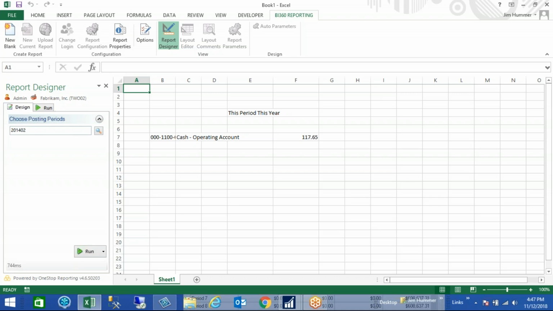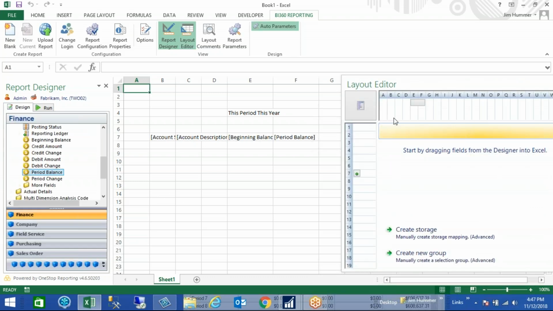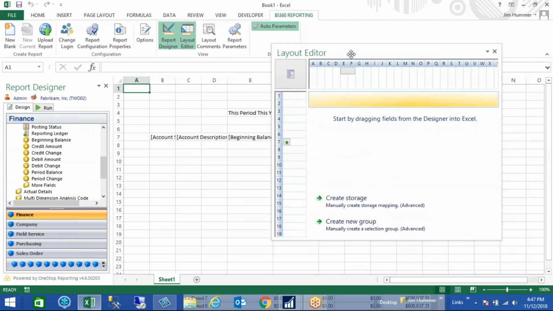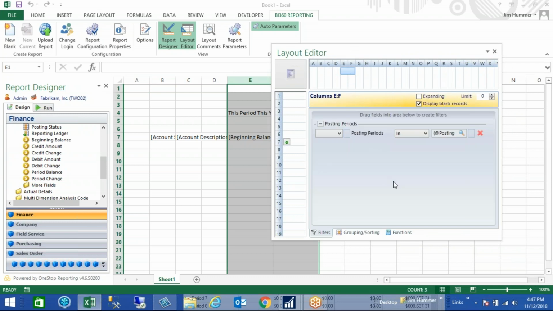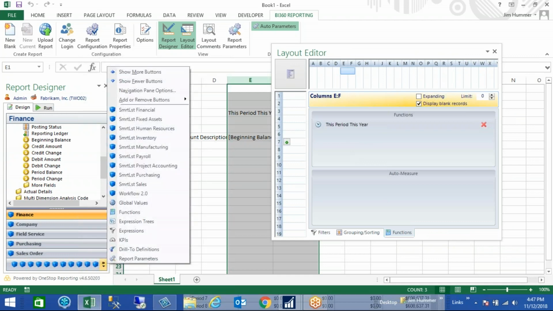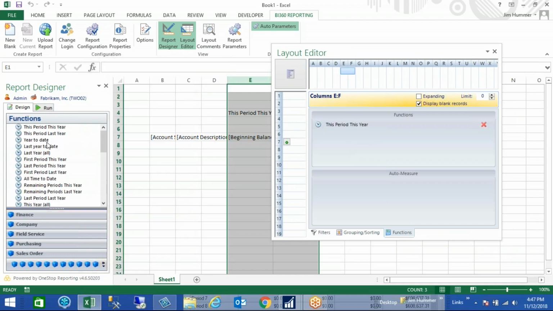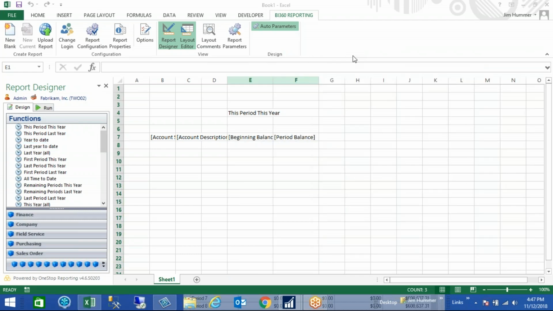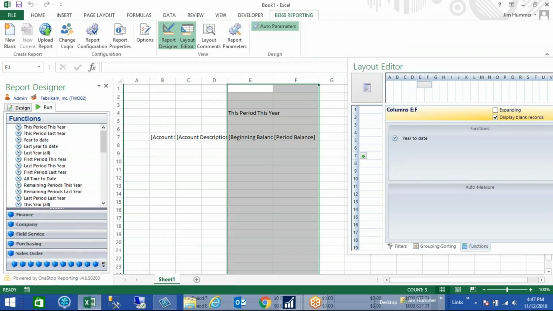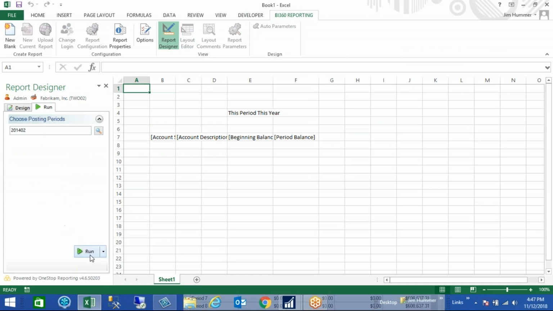So how do I get my ending balance? So what you need to do is, if you go into your columns, you can see the functions, and it says this period this year. So what you have to do is go to your functions, and we're going to put a year-to-date in there. So now if I go to year-to-date, this is going to aggregate from the beginning of the year to the period I chose. So now I have 580 and then